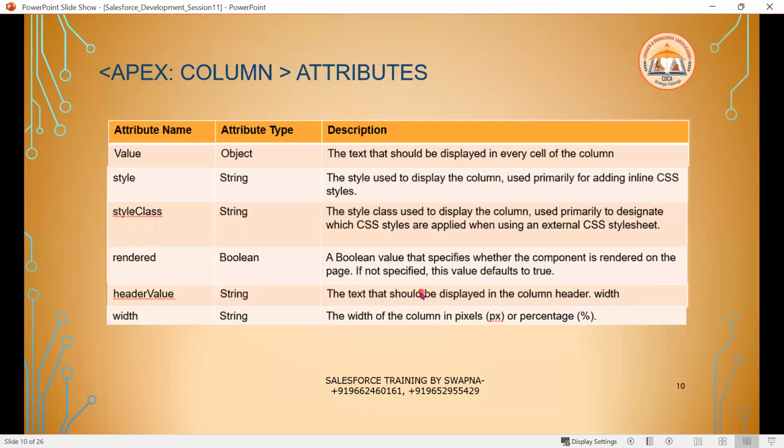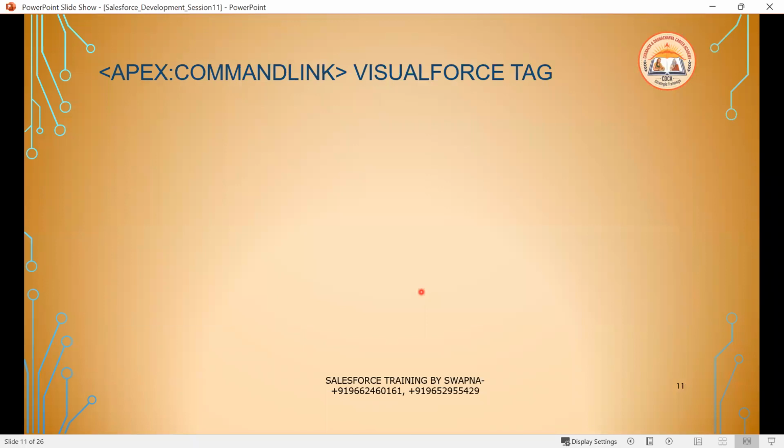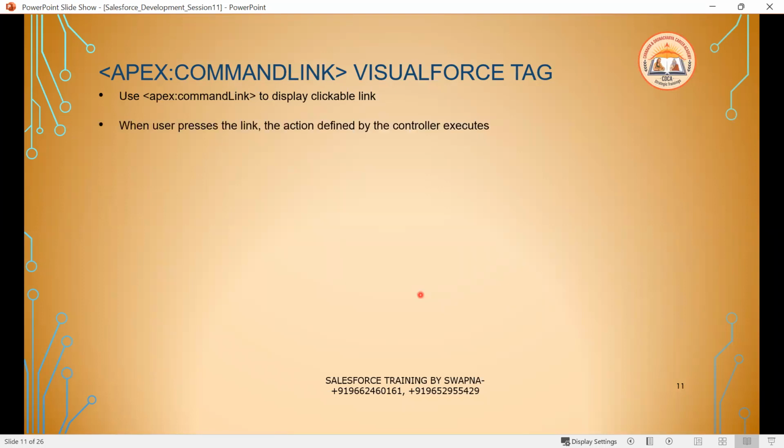Now next one is commandLink. We are going to learn commandLink, Visualforce tag. Use the commandLink to display the clickable link. So when user presses that link, the action defined by the controller executes. For example, I have some name here, assume that it is next, and it is displaying like this. Now, whenever the user clicks on this,